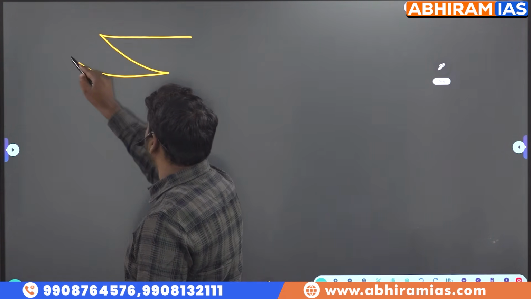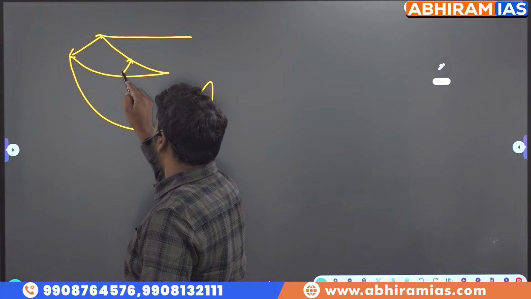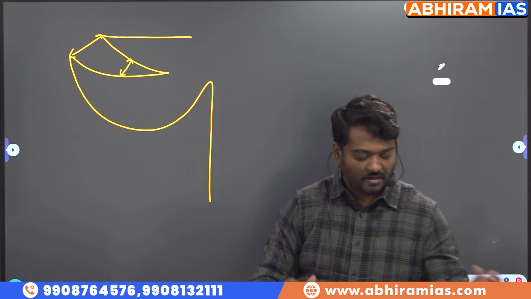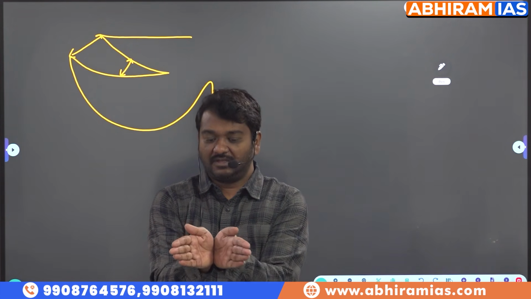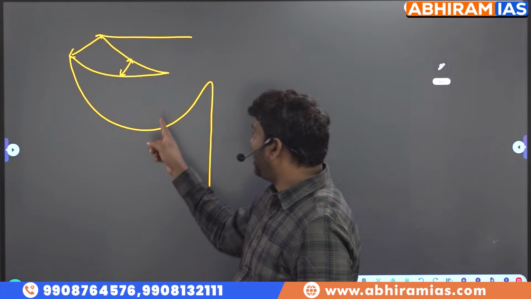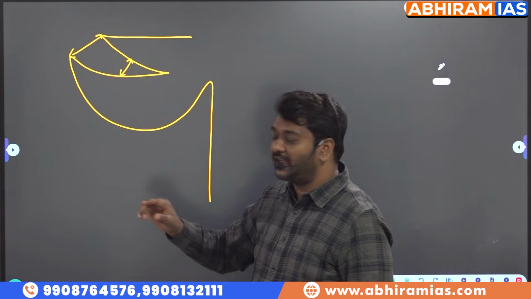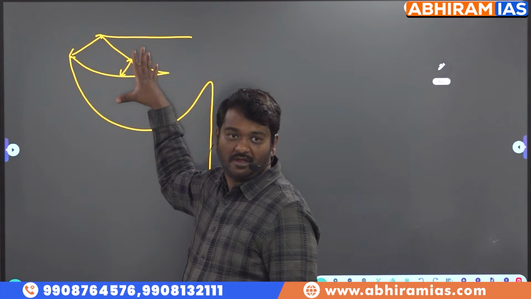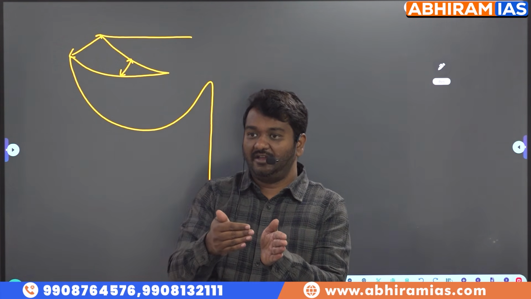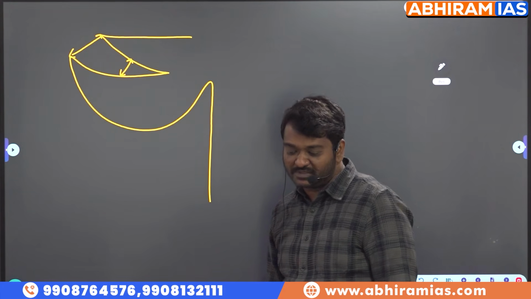This was a prelims question. Whenever the opening is wide and it becomes narrow as you come inside, what is going to happen? Tide height increases. For example, water is flowing through my hands, I close it. What is going to happen? Water level increases. So for tide height to increase, the shape of the coastline is important. The prelims question said it should be narrow here and broader inside. If it is narrow here and broader inside, the height decreases. If it is like this, the height increases. So you write that the opening must be broader,